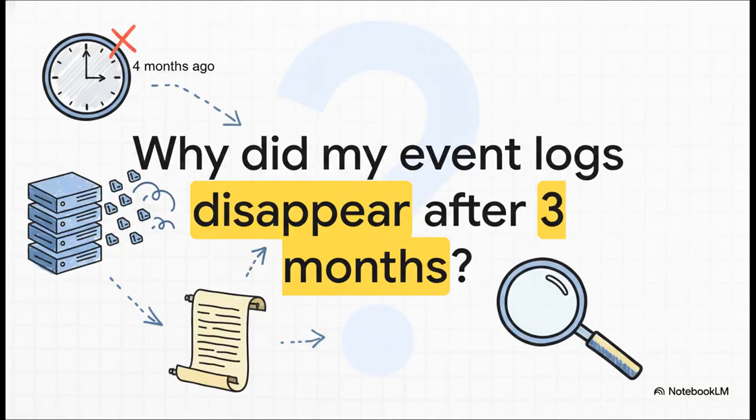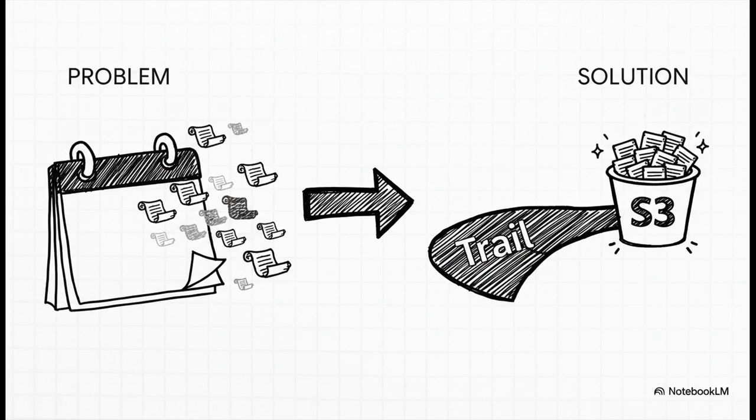So imagine this. A security incident happened 4 months ago, and you need to investigate. You go to the CloudTrail console, ready to do some detective work, and there's nothing there. The logs you need are just gone. What happened? And here's the secret. That default view in the console, it's called the event history, and it only holds on to logs for 90